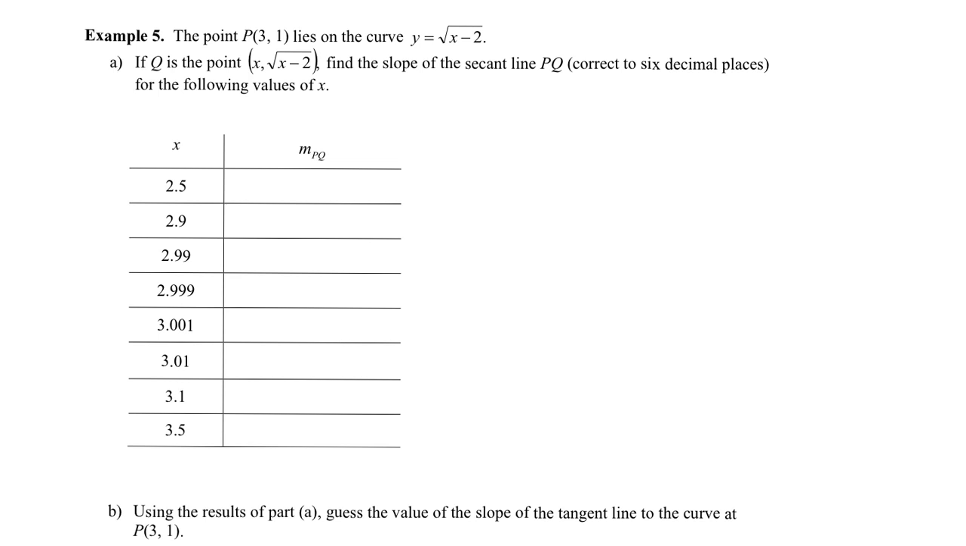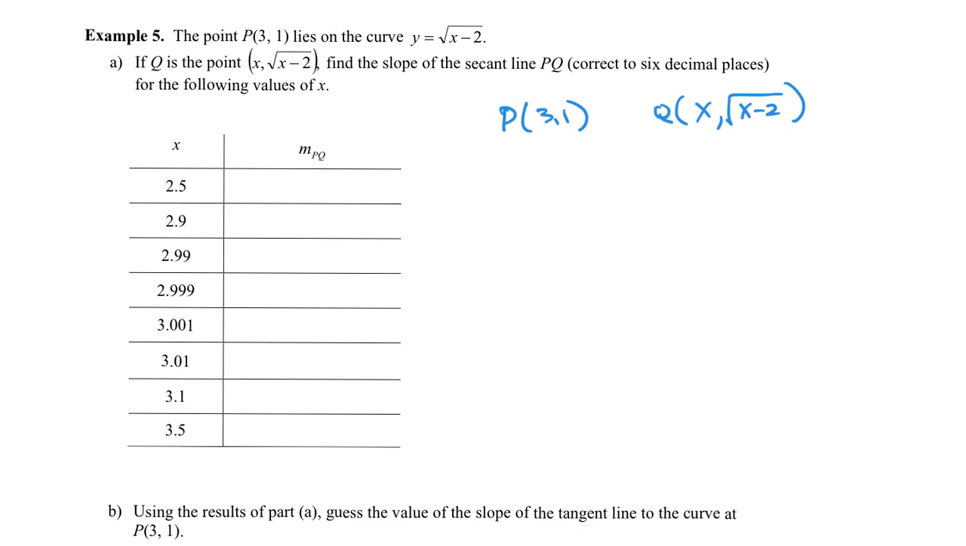The calculator can do all the number crunching for us. So we want to just think of a couple of things. We've got this point (3, 1), point P. We've got this point Q, which is going to be the point x and the square root of x minus 2, for any x, right? We just plug in various values of x. But in this case, they give them to us. They give us these values of x to plug in, and we just want to use the slope formula to